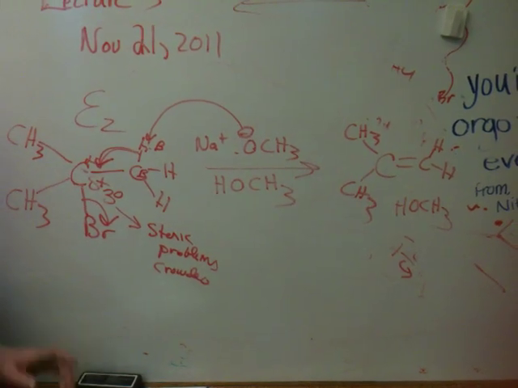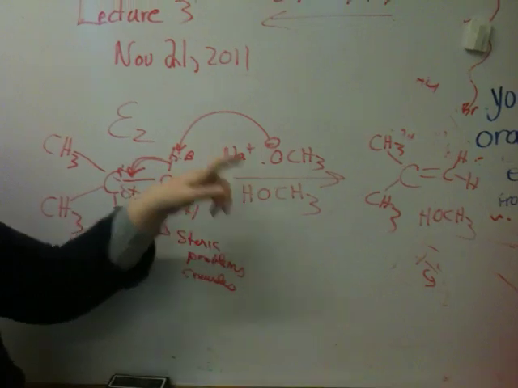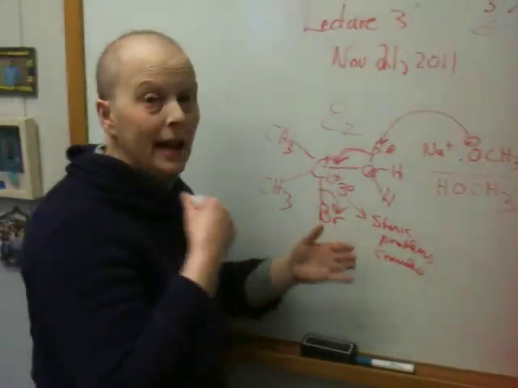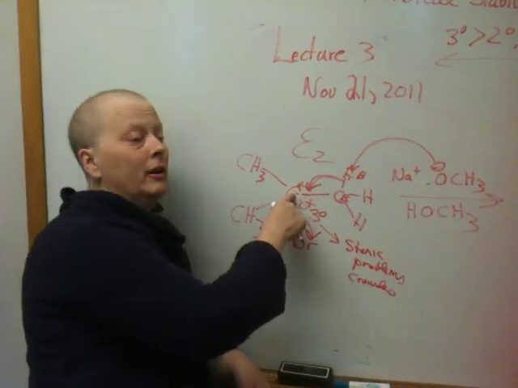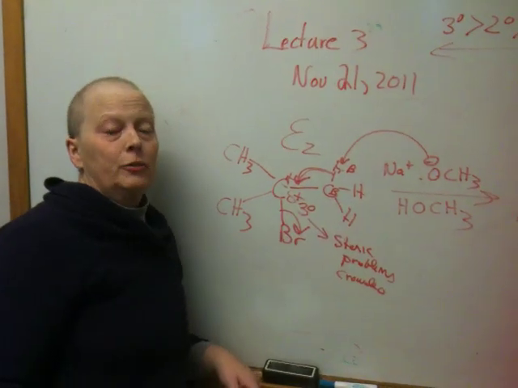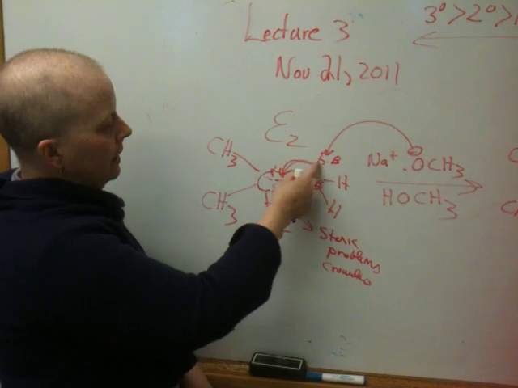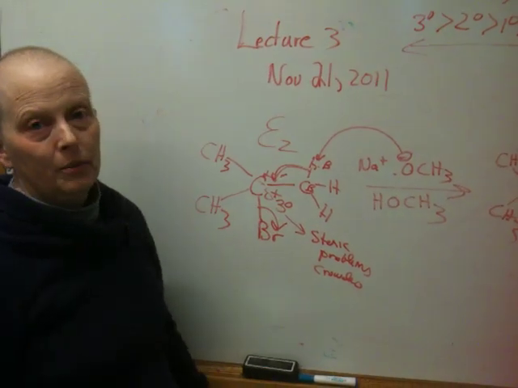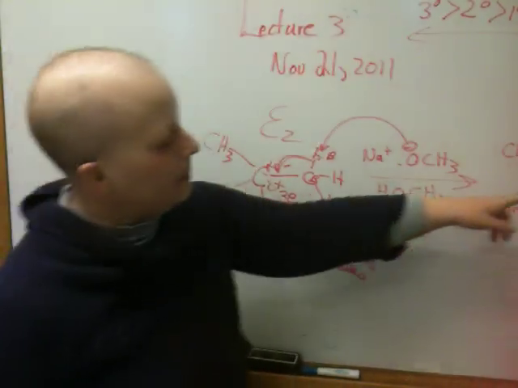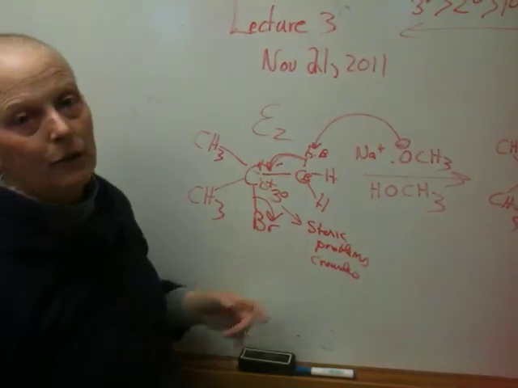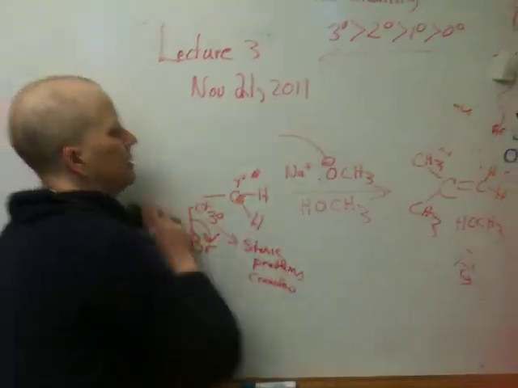All right, again, why did that happen? Because the base is really strong. It wants to attack right away. It can't fit there, so it pulls the next best hydrogen, which is the one next door, which upon removal, the electrons can migrate in and knock that group out and make the alkene. And again, think about what happens when you add HBr. It's the exact reverse of that. Okay, last but not least,